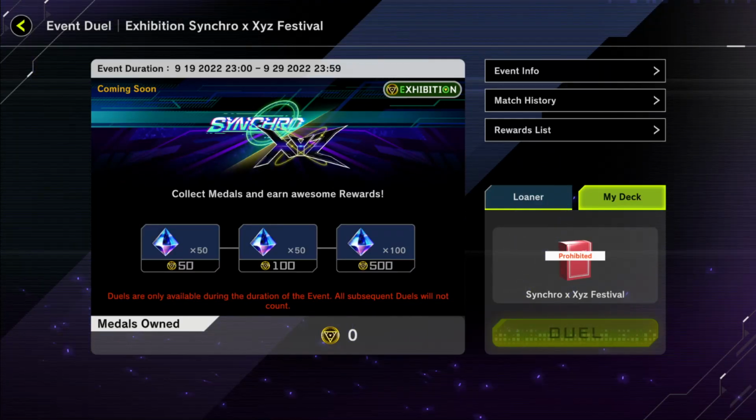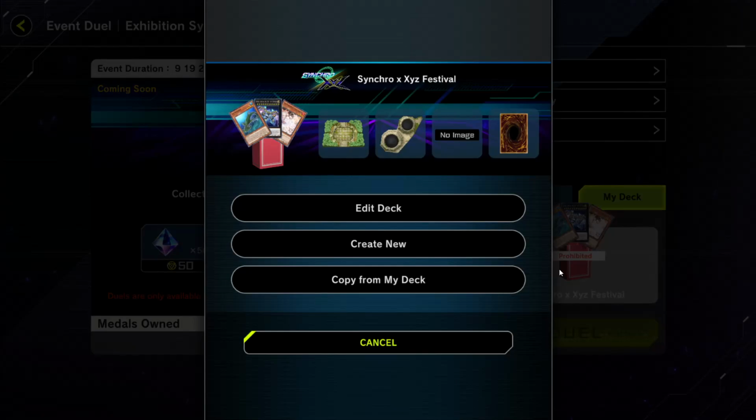Bringing another Yu-Gi-Oh Master Duel video, and today we are going to be talking about 5 different decks that we can use for the Synchro and XYZ festival event that is coming out, right? So, I believe that there's going to be, once again, 5 decks. If you're an anime fan, I feel like this is going to be really good because we're going to start off with one of the first anime decks that I think you're going to love, by our boy Reginald